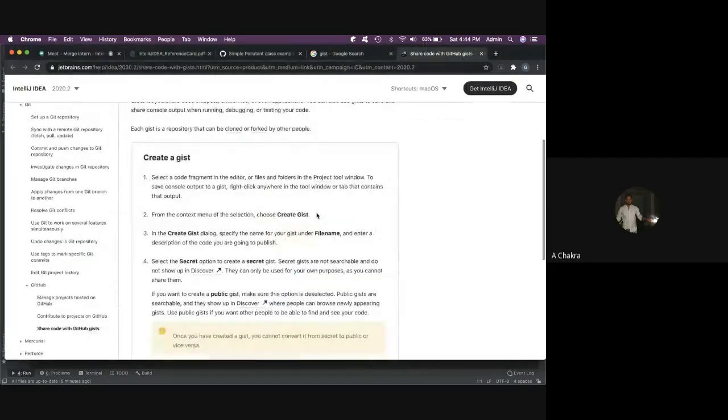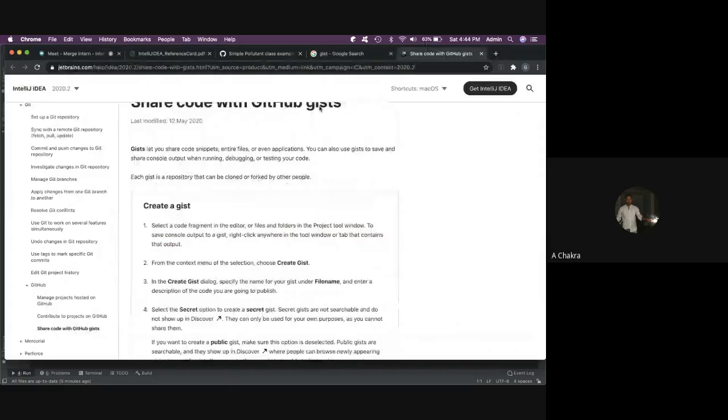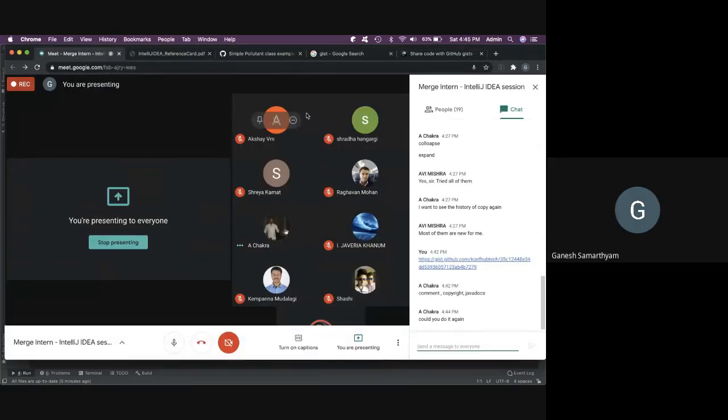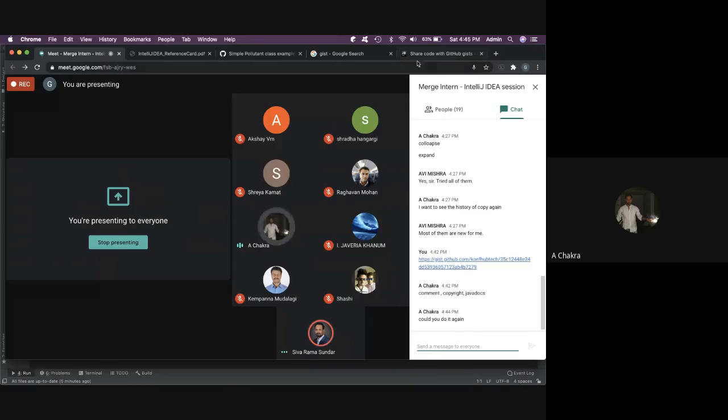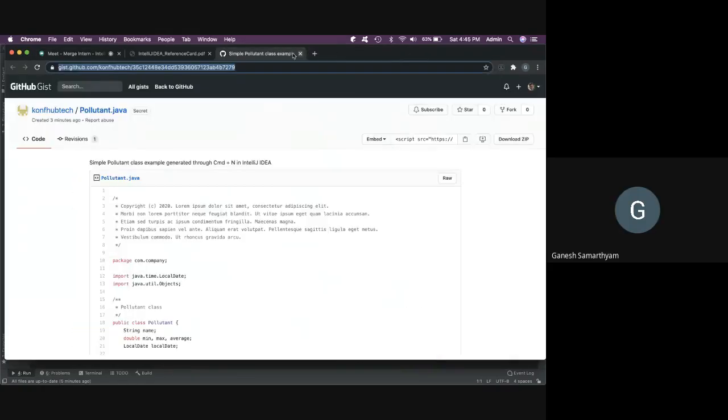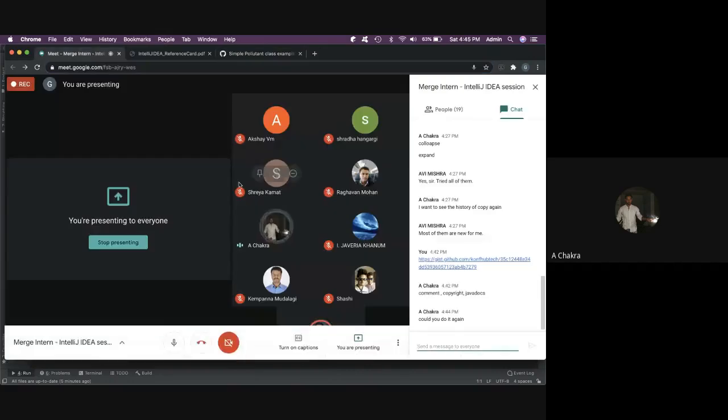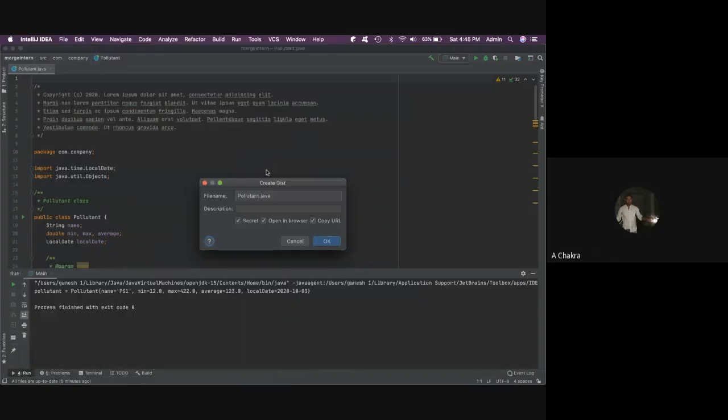So it will create a path in your GitHub, right? Yes, it'll automatically create it for you. Okay, I got it. Were you able to create one gist? Actually, my Git is not connected with IntelliJ. Okay. Maybe it'll take some more time, and yes, you'll be able to create it. I will do it after this.